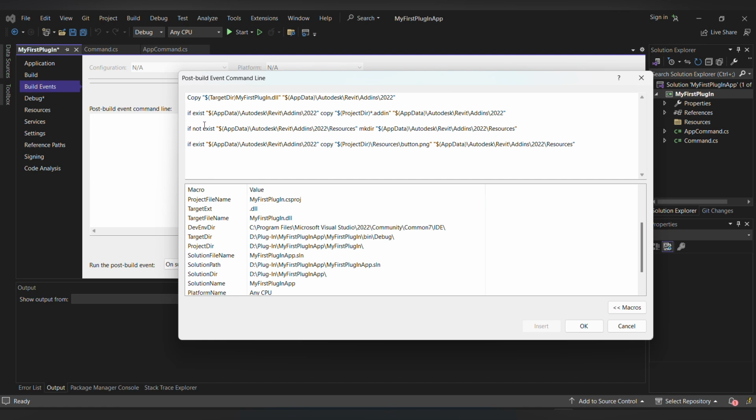In the next line we check if this folder, this path, exists, then copy this project file into this folder. Then we again check if the resources folder does not exist in this directory, in the Addins 2022 directory, then make the resources folder. Then in the last line, if this folder exists, then we copy our